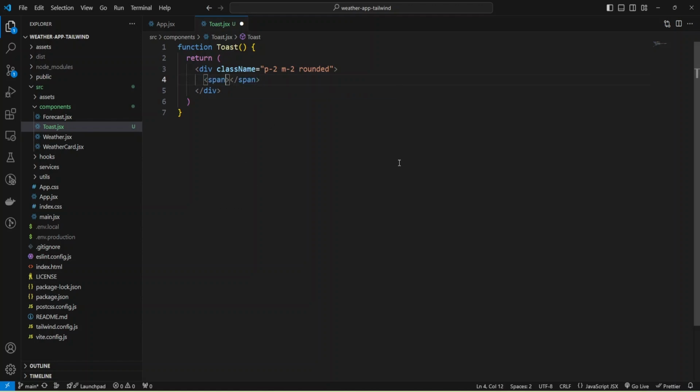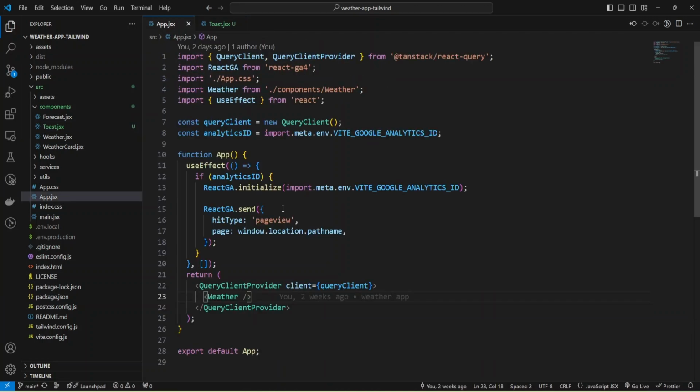I'm going to add span and let's add class name like margin right 2, and we need message inside our props, and using object destructuring I can extract my message from props, and inside span I will provide message. Okay, and now we need export.